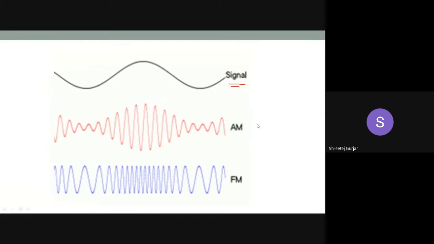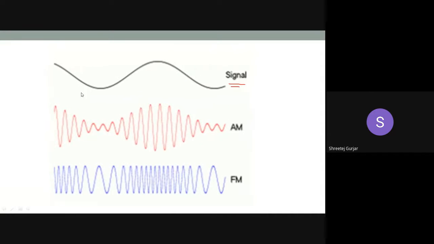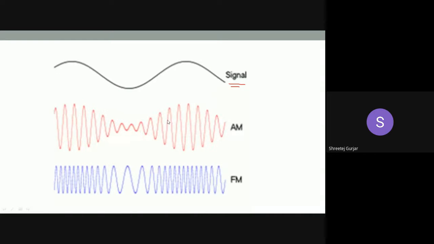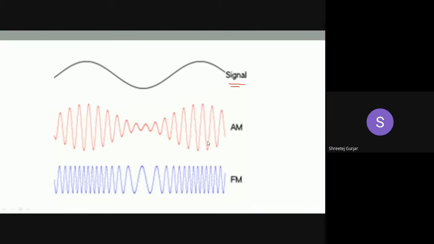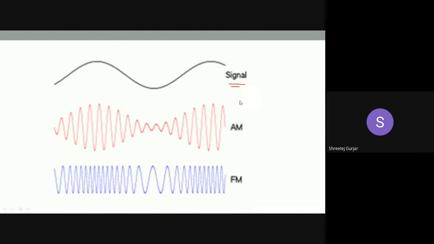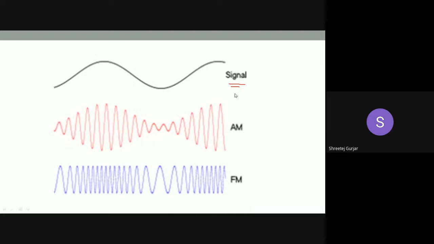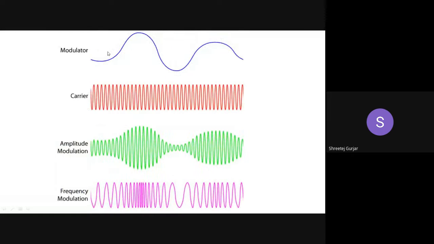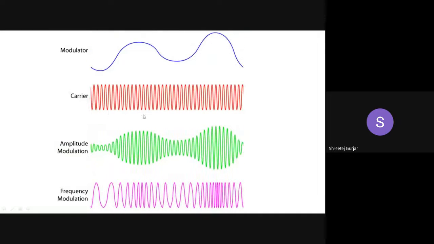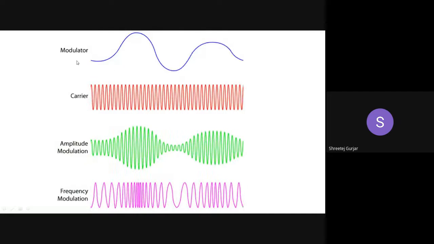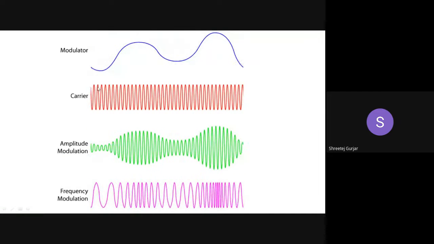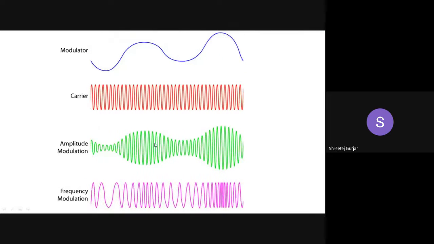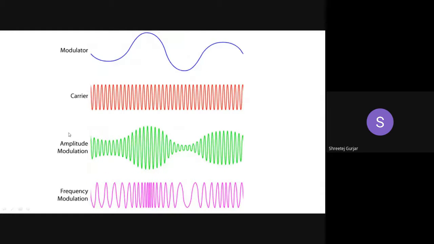And you can see here we have amplitude modulation shown in the second figure, wherein the height of the wave is constantly changing. It is increasing, then again decreasing, increasing and then decreasing. So that is amplitude modulation, wherein the signal is mixed with a carrier signal. Here you can see the first blue wave is the modulator, and the second wave is the carrier wave, which carries. These two, the modulator and the carrier waves, are mixed together, or superimposed on each other. In amplitude modulation, you can see the amplitude is varied, hence it is amplitude modulation.